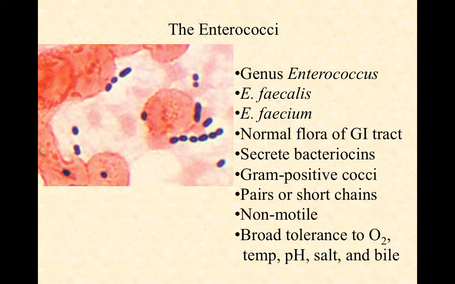One distinction between the enterococci and the streptococci, though, is that these enterococci are tolerant to much harsher conditions, much more anaerobic conditions, right? Where the streptococci do just fine without oxygen, the enterococci actually need what's called reducing conditions, so beyond no oxygen, if you can imagine such a thing. They can also handle bigger temperature variations, from warmer to colder, so they have a broader range of temperatures. They can tolerate a broader range of pH and salt, and then very importantly, they can tolerate a lot more bile